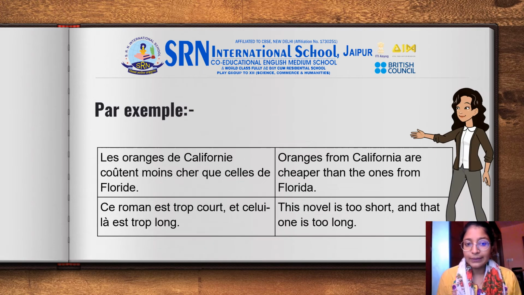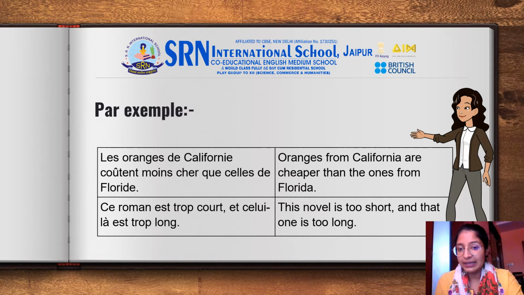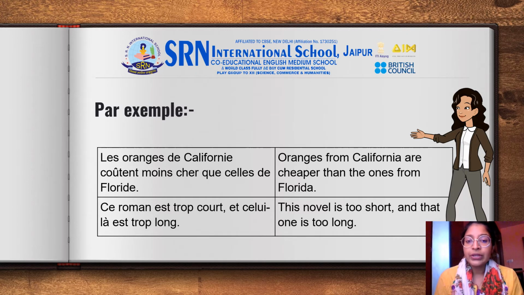For example, par exemple, les oranges de Californie coûtent moins cher que celles de Floride. That means oranges from California are cheaper than the ones from Florida. Now here the pronom démonstratif qui est utilisé est celles, C-E-L-L-E-S. Let's observe the sentence in French first.